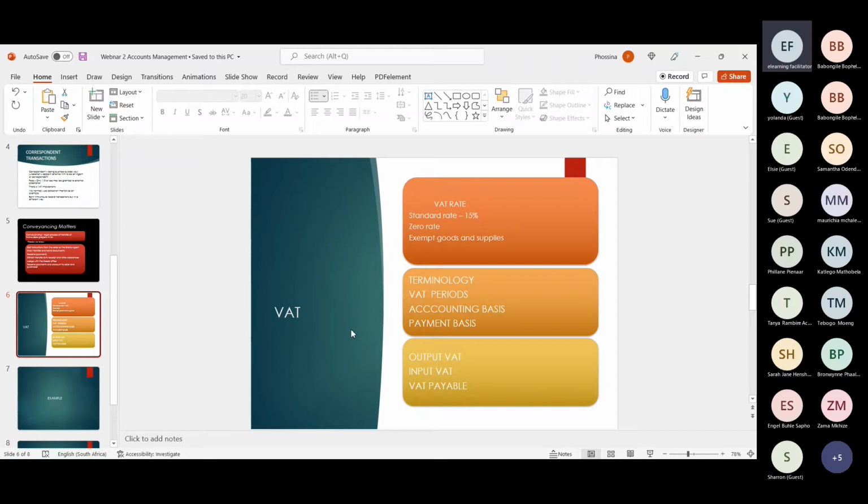So they link it to the prime rate, and then they charge you according to the period that you haven't paid. So it's based on payments. Okay, and then another terminology, it's when you are calculating the VAT, when you're submitting the VAT, you would find